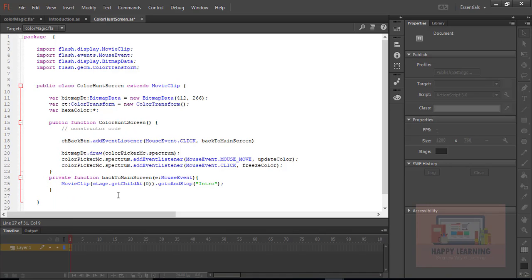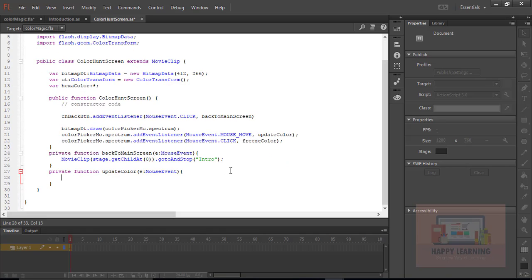Let's define these two functions here. Private function, and the function name is update color. As I told you, that mouse event. Inside this function, we just need to read the pixel color from spectrum, and we just need to transfer that color as it is to the target object. So to read that pixel color and to store that color information in variable, hexa color equal to